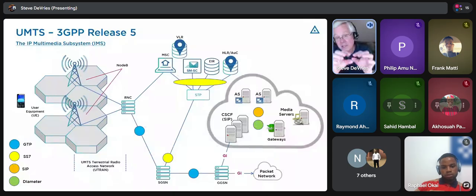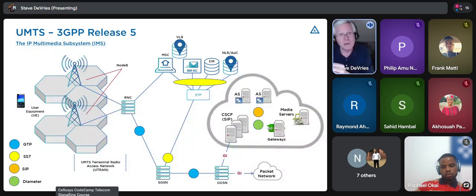For data, it sets up these pipes, these data tunnels, and inside those tunnels, you carry data packets. So when you do www.anything.com, that is sent up the air interface. It gets sent to this radio network controller. It gets placed inside of that tunnel. That tunnel is set up between here and here. And inside that tunnel is a data packet, www.anything.com. And the same thing right here. And that's how the data gets into the packet network, through these data tunnels.